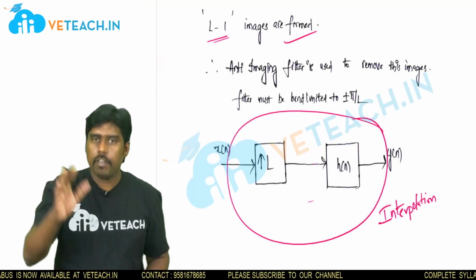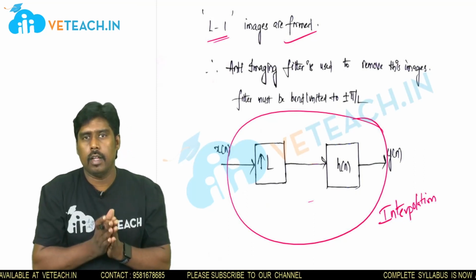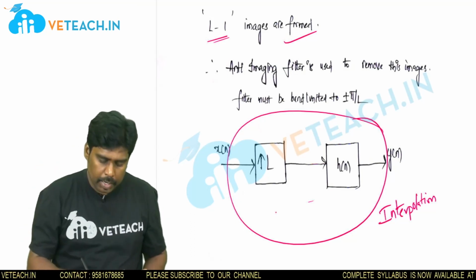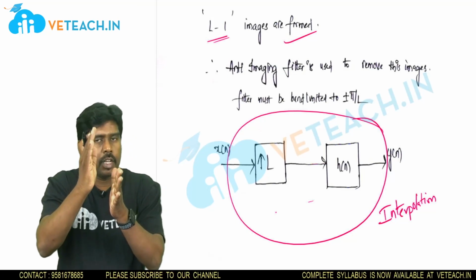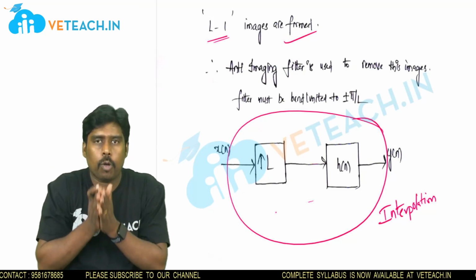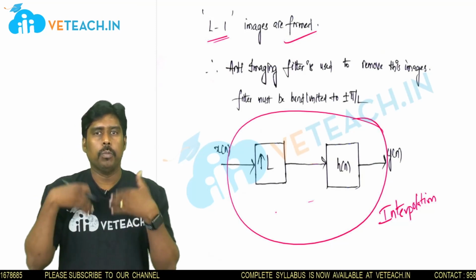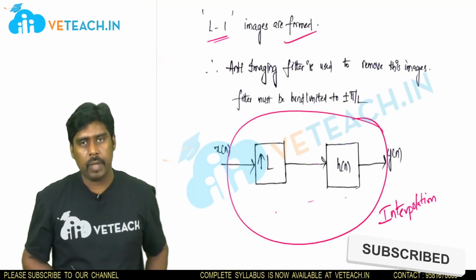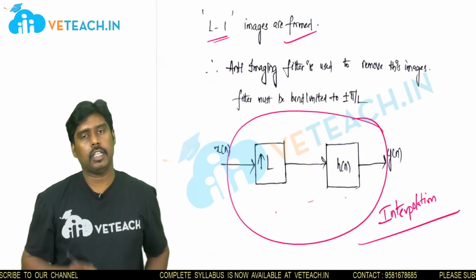In the previous case, the filter is used at the beginning to band-limit the signal. After using the filter, then we go for downsampling. And in this case, initially the upsampling operation is finished, but after upsampling, the problem is that there will be unwanted images in the spectrum. To remove those images, you use a filter called an anti-imaging filter. And this together is called interpolation.